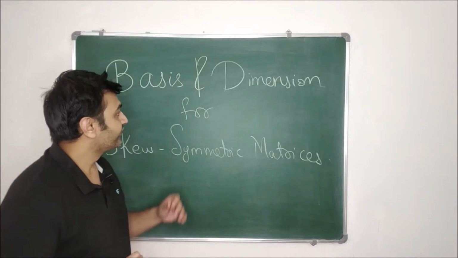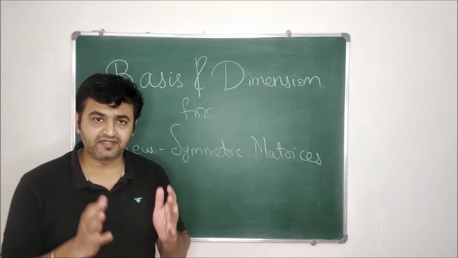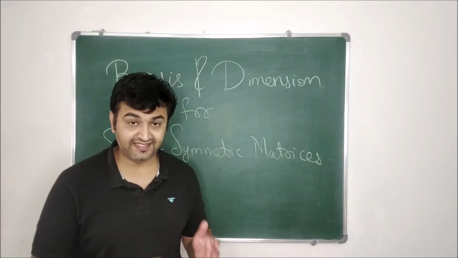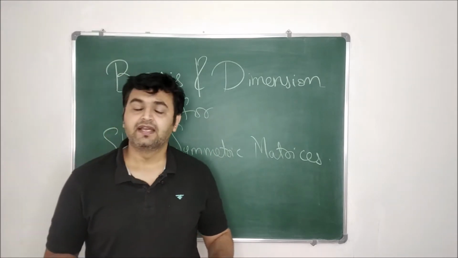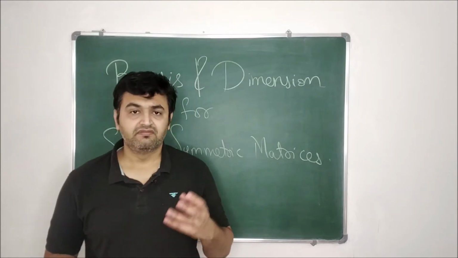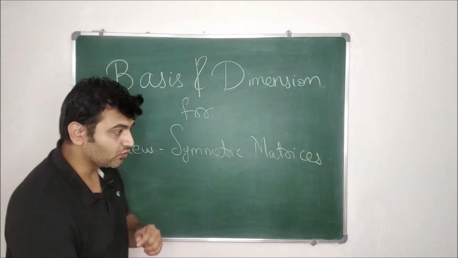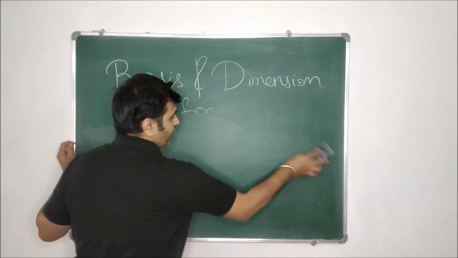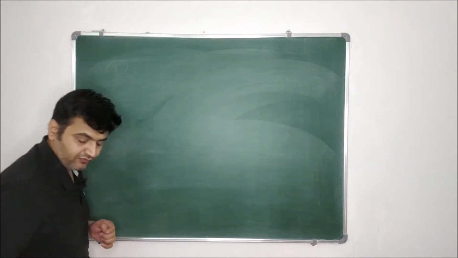Okay, so again in this case also we are going to follow two ways. First we will see a precise way where we will find the basis explicitly for a skew symmetric matrix of order n, and at the end I will tell you a nice trick which will help you to directly tell the dimension. So these are the two approaches we are going to follow. First let's go for skew symmetric matrices of order 2.